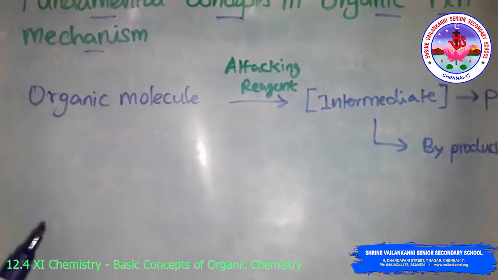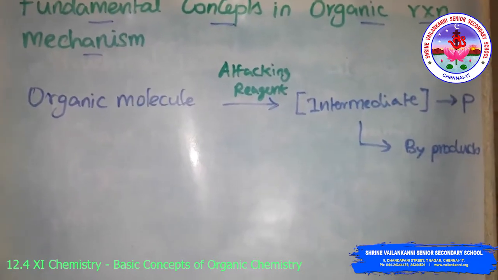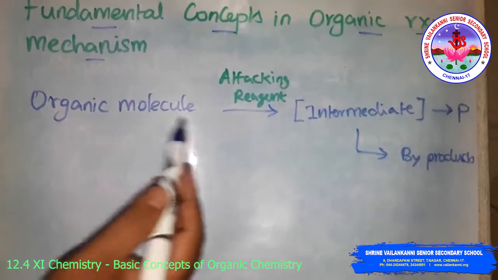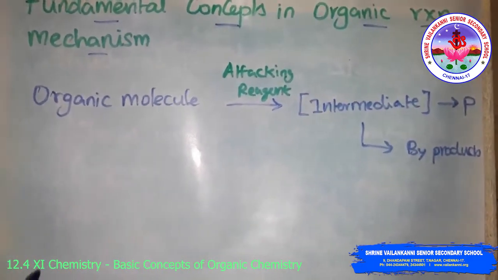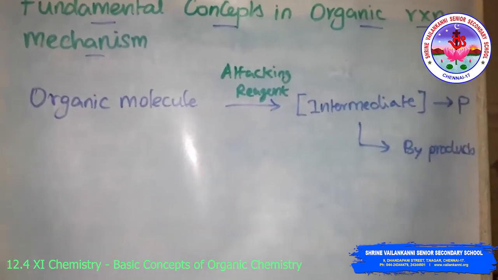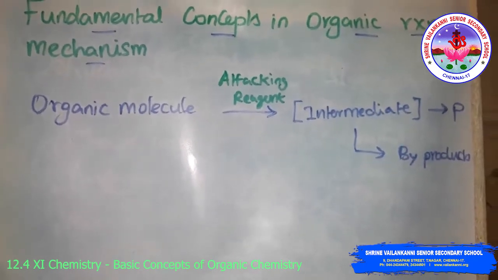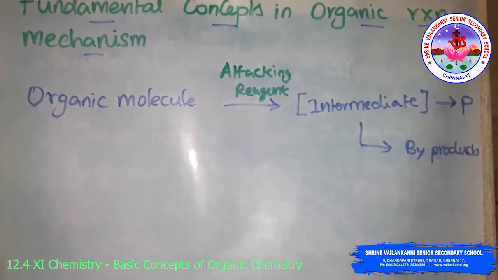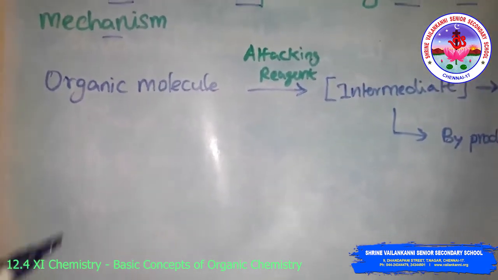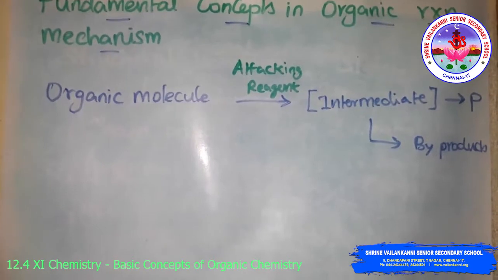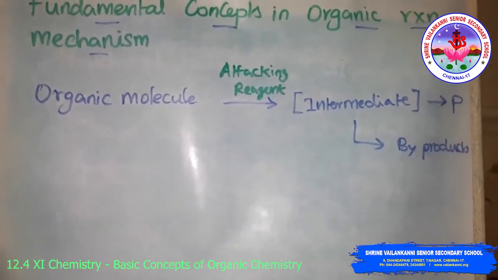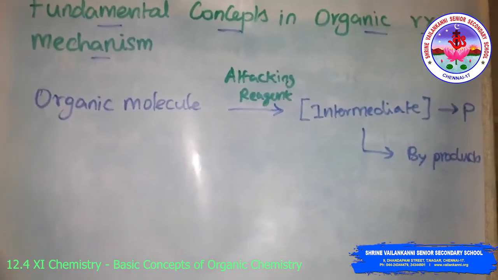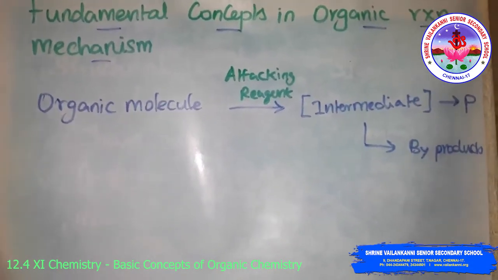So here the substrate is the reactant which supplies the carbon to the new bond, and the other reactant is called the reagent. If both reactants supply carbon to the new bond, then the choice is arbitrary, and the molecule on which attention is focused is called the substrate. In such a reaction, a covalent bond between two carbon atoms, or between carbon and some other atom, is broken and a new bond is formed.